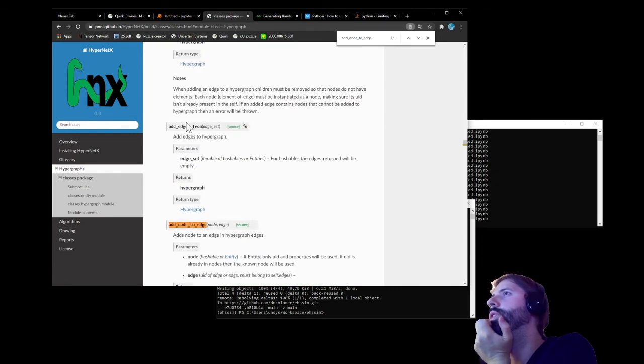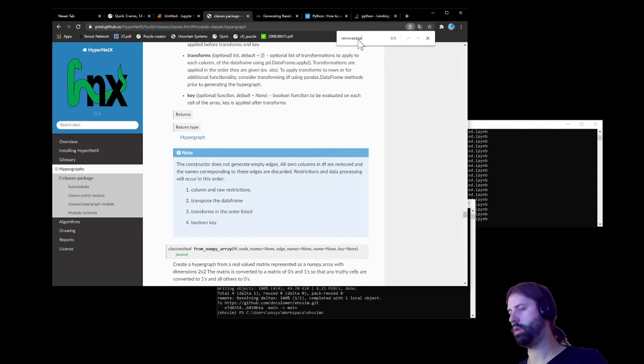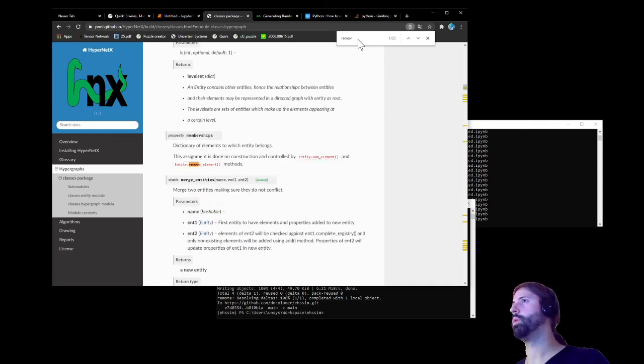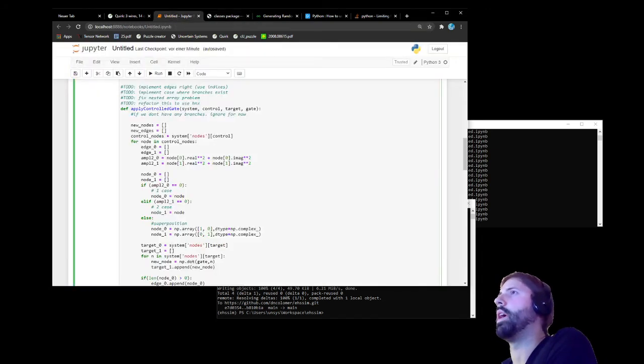Add edges to hypergraph. Remove edge. I think I'll have to go with these new nodes, new edge, and I just get the control nodes,